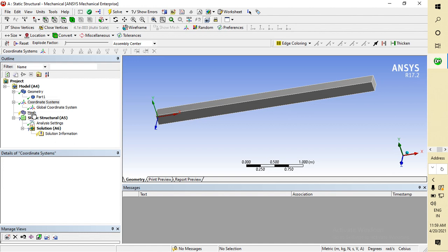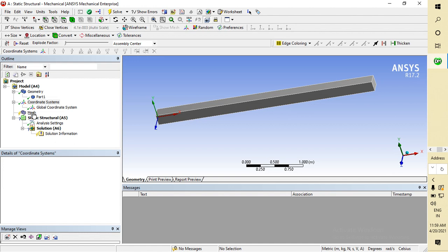Discretization means a continuous body has an infinite number of parts or elements, and you have to divide that into a finite number of elements. That is done by the finite element method, also called discretizing. It is dividing the body into a finite number from an infinite number.